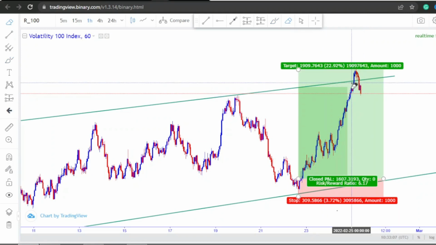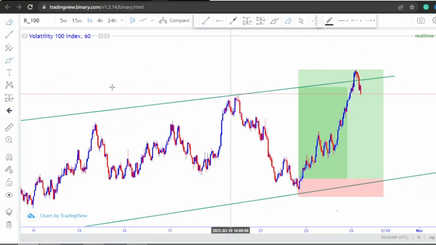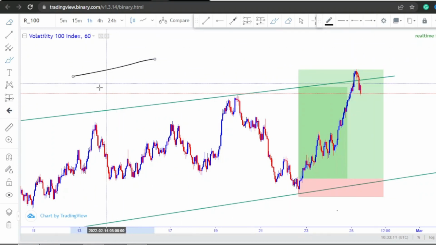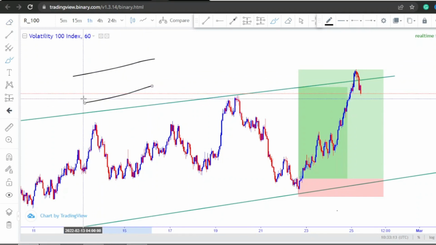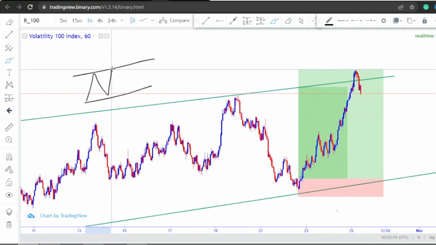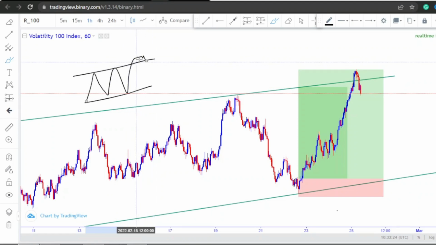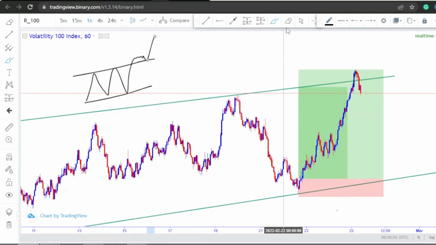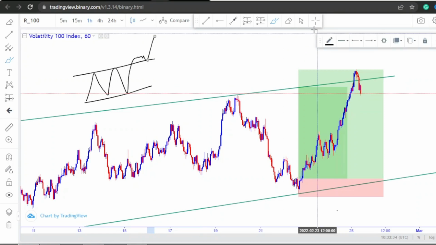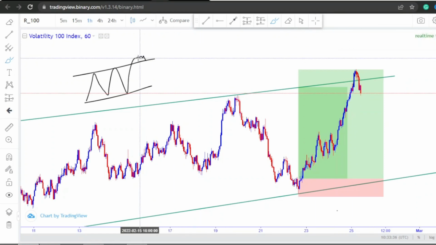So one of the things you must understand is that anytime we have a movement like this, the market normally goes out, does some little consolidation like this and comes back, and a lot of people are caught on the wrong side because they think this is a breakout and a retest. So a lot of people are looking for buys,